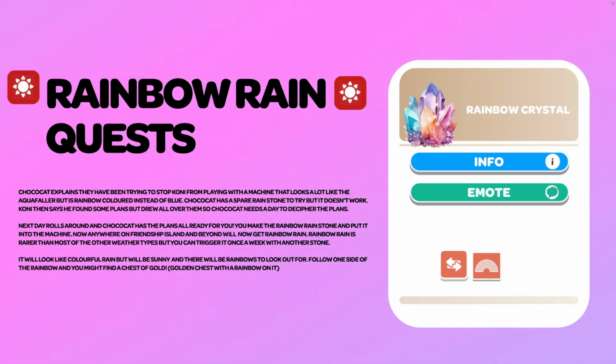The next day rolls around, and Choco Cat has the plans all ready for you. You make the Rainbow Rainstone and put it into the machine. Now, anywhere on Friendship Island and beyond will get the Rainbow Rain. Rainbow Rain is rarer than most other types of weather events, but you can trigger it once a week with